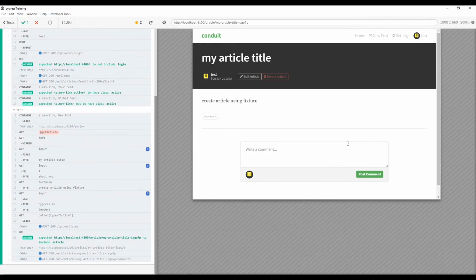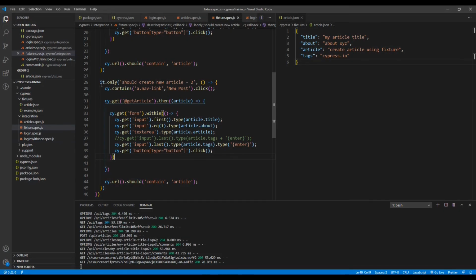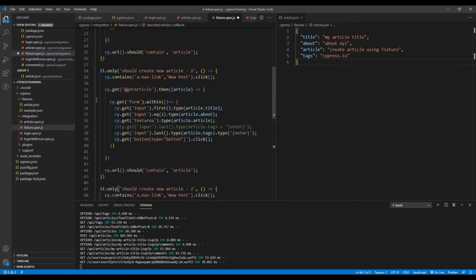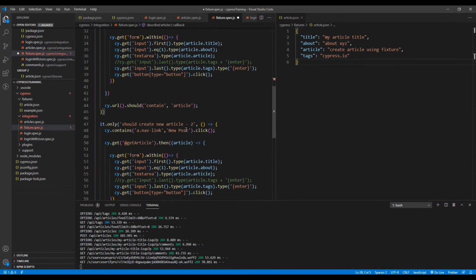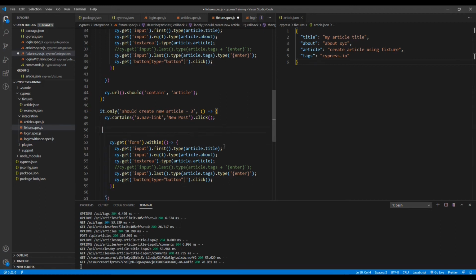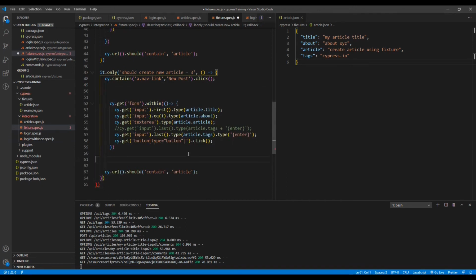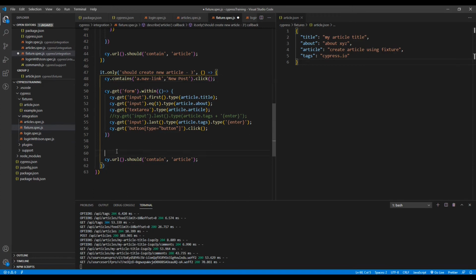Let's see one more way to use the fixture. Let's go back to VS Code. Let's again copy the entire test case. Now we'll remove the only from the second one and mark this as the third way. Another way we can use it is with this context. So let's remove the get and then. Format your code and remove the empty space.